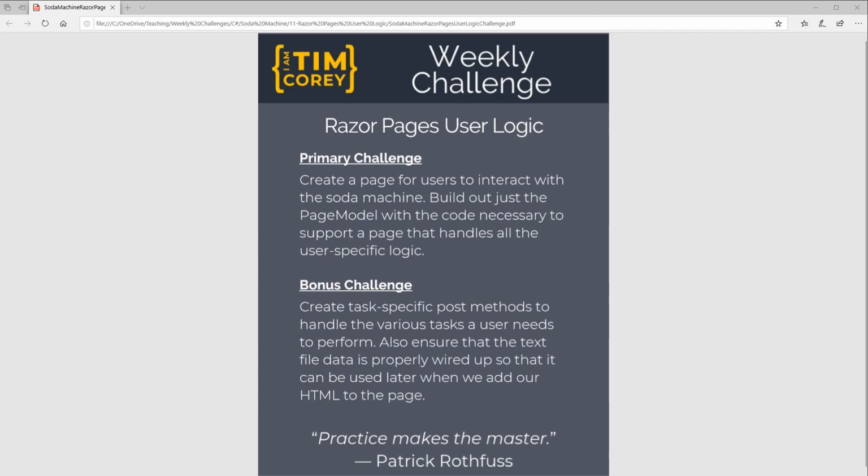So we're going to design just the logic and just for the user-specific stuff. So not the admin functions. Essentially, you're going to have a mimic of what we did in the console application without the user interface parts. Okay? So that's the primary challenge. Now the bonus challenge is